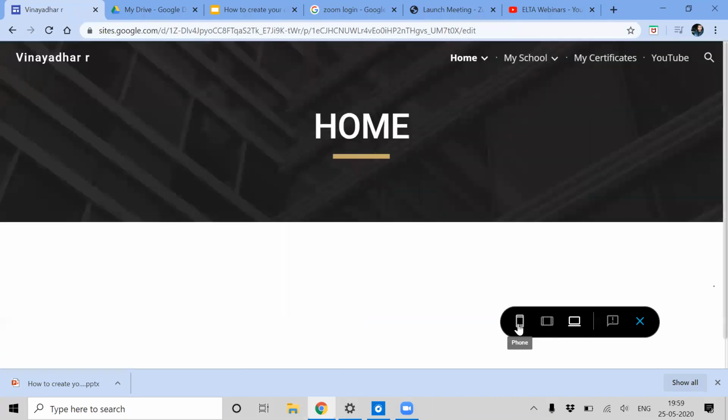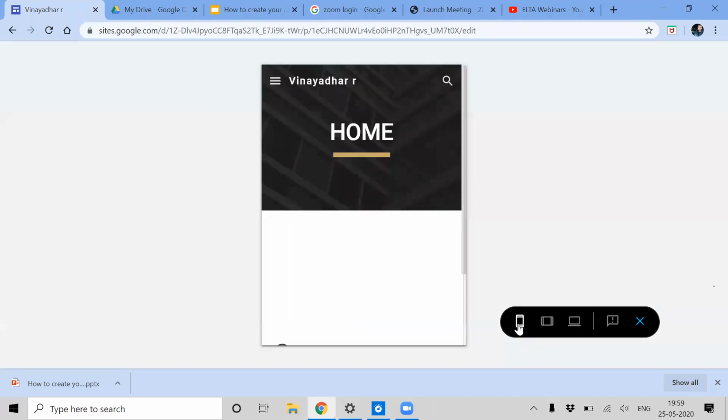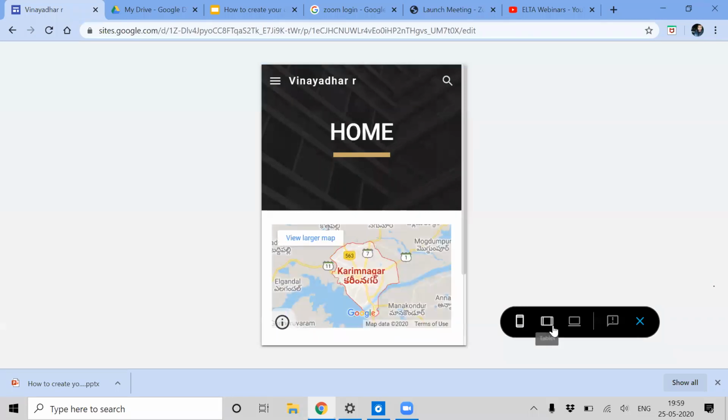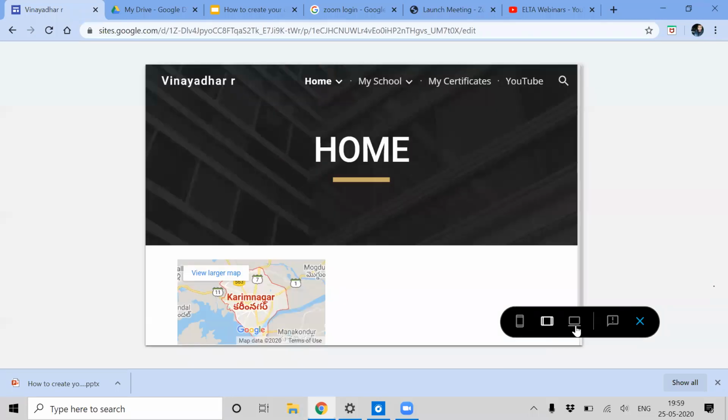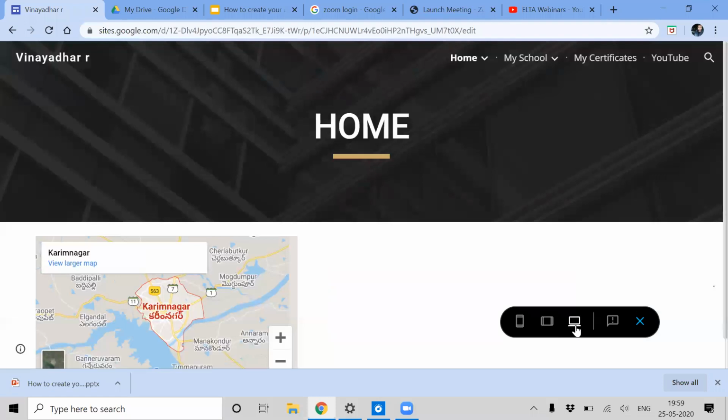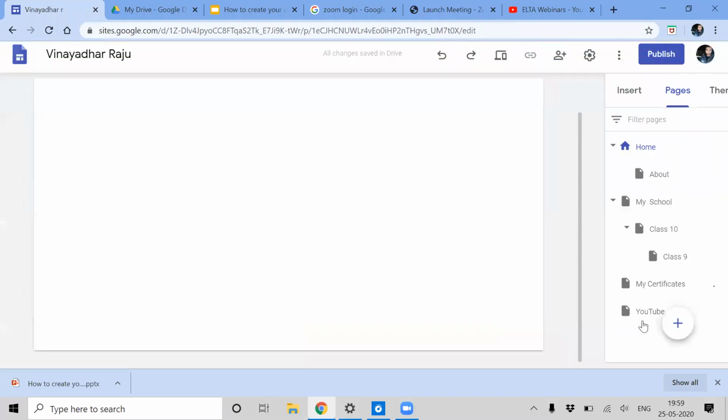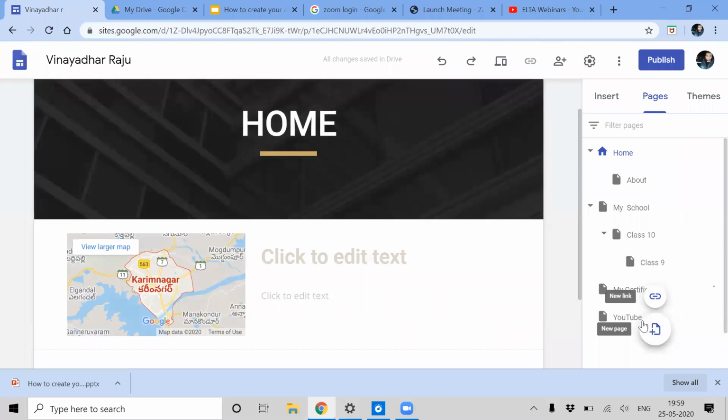You can check your mobile view also. It is like this. It is tablet. It is your desktop view. Like that, it will be adjusted to any mobile. The only thing is that you cannot create your website using your mobile phone. To create it, you definitely need to have a laptop or a desktop. And next you can